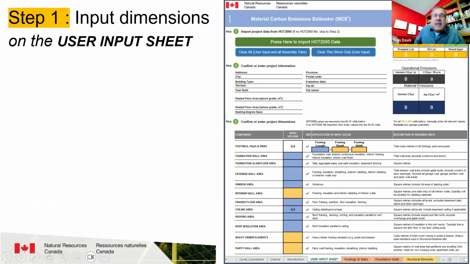Okay, so if you're following along at home, great. You can do that as I walk you through this, or bear in mind these slides should be made available through the OAA, and you can take your time working through these scenarios at your leisure at home after the instruction today. So step one of using MC squared involves opening the user input sheet and filling out the required